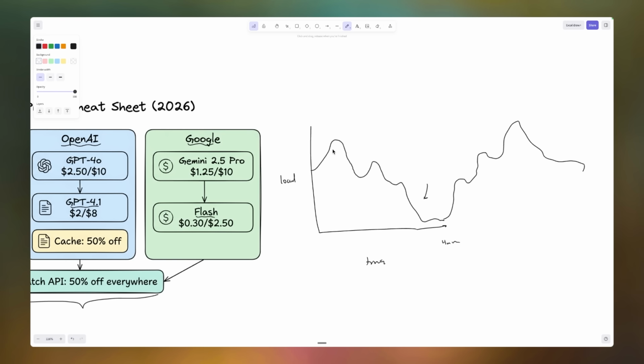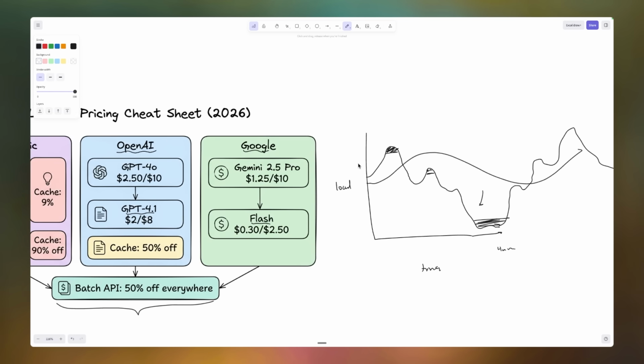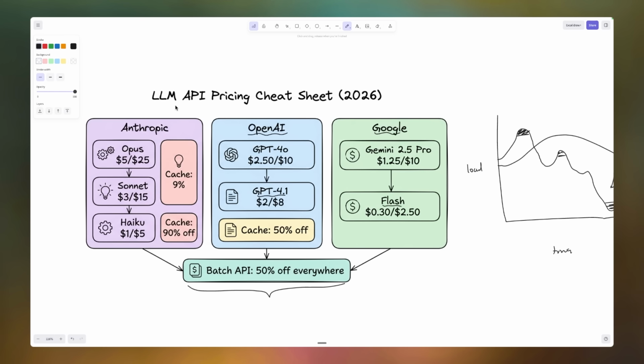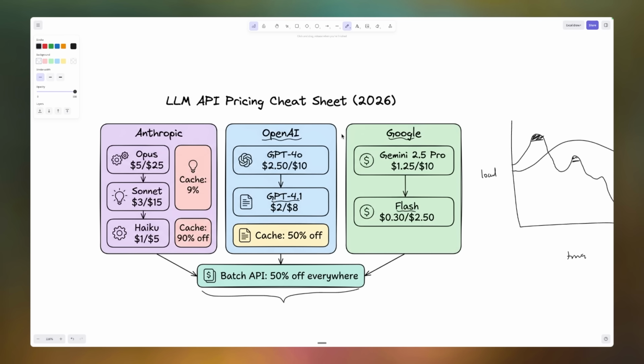And in doing so, what they want to do is shift some of the really top end of all of these users to the low end to basically fill this, so that they have a much more dependable load instead of these jagged peaks and whatnot. But anyway, don't worry too much about that. I just wanted to cover some LLM pricing principles as well, so that you guys know not only how to manage your context better, but also how to save, especially when you get into more sophisticated multi-agent setups like I've been showing you.